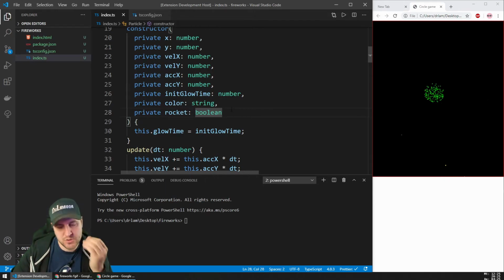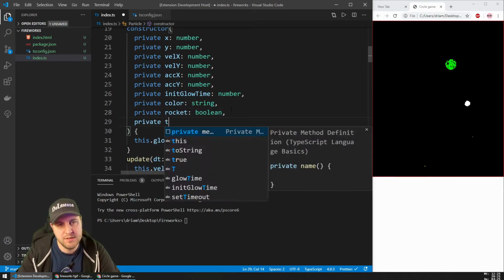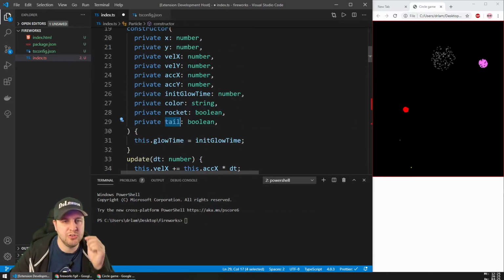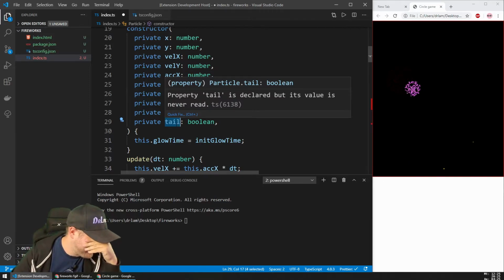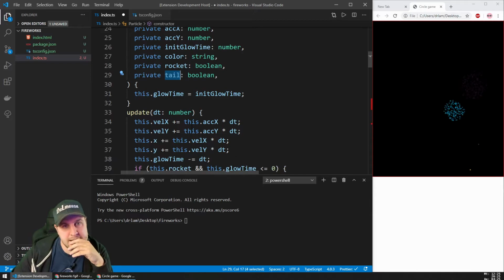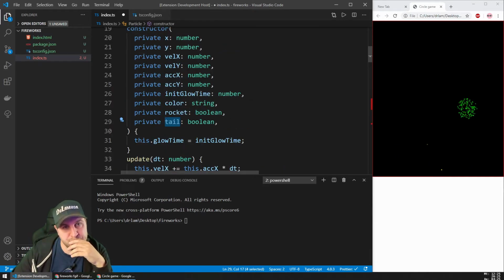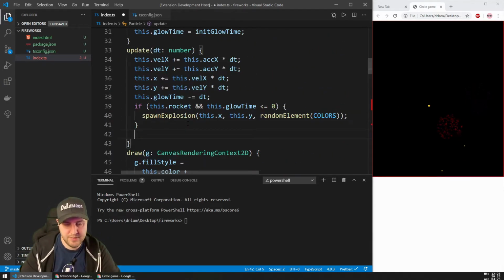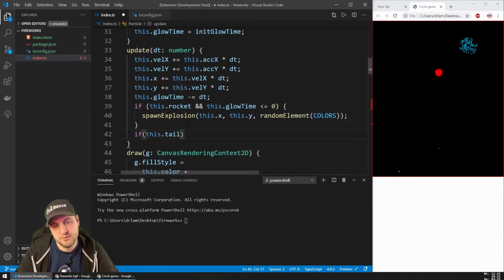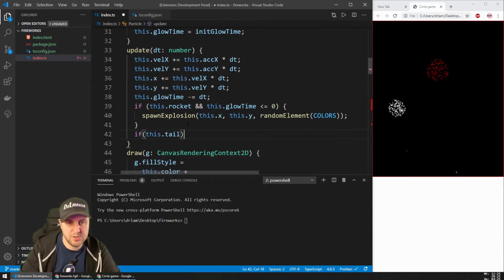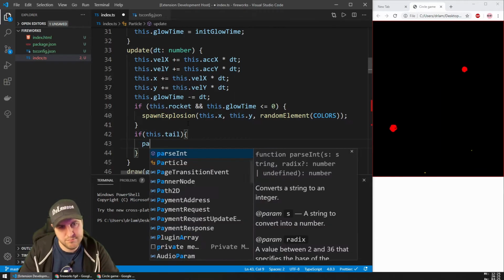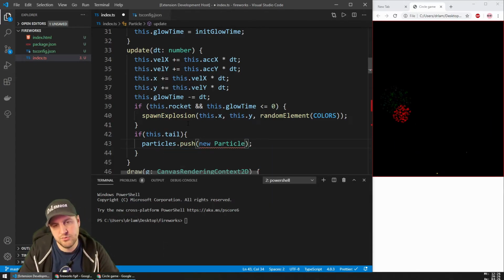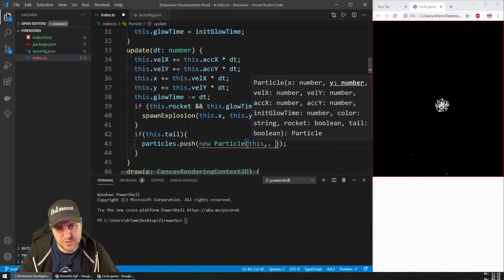So private tail, boolean. And what tail should do is just have another particle spawn. So every time we call update, if tail, then we should say particles dot push a new particle with the current position